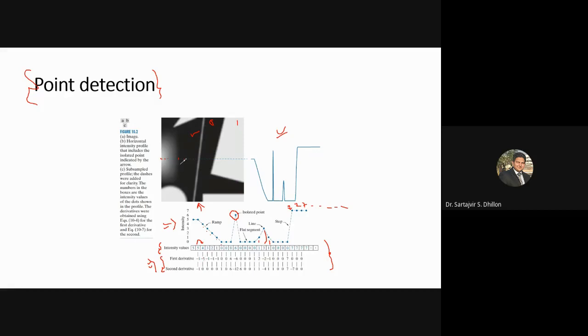So we can easily write it as 1, 1, 1, 1. And then here there is an increment from 0 to 6, so we can write it as 6, and then a decrement from 6 to 0. We can write it as minus 6. Similarly, we can make this line, and the next one is the second derivative, which is derived from